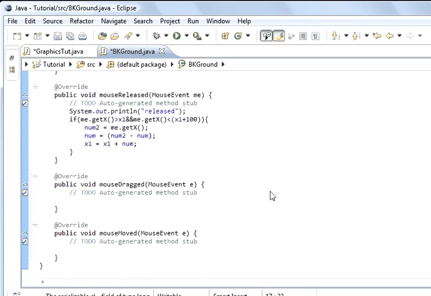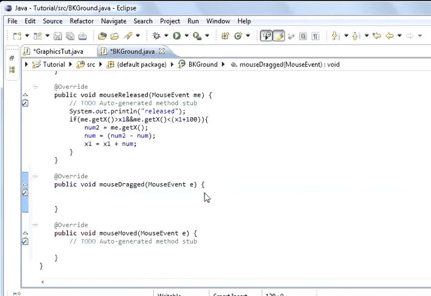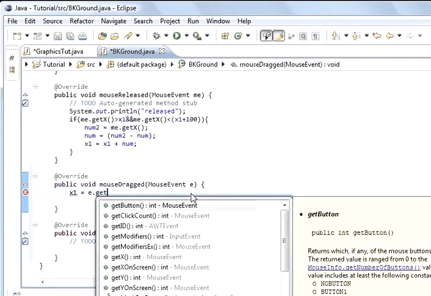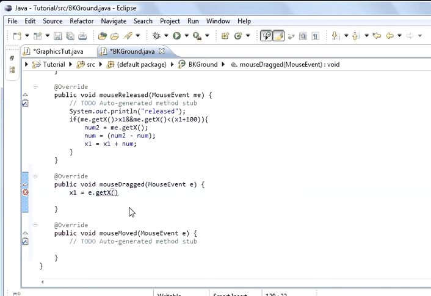Now we've got a white square and it's got an x coordinate and a y coordinate, and we've used variables called x1 and y1. We're going to use these in mouseDragged. What we're going to do is x1 equals e.getX(). That's going to get the x position of the mouse pointer, and it's going to assign that to